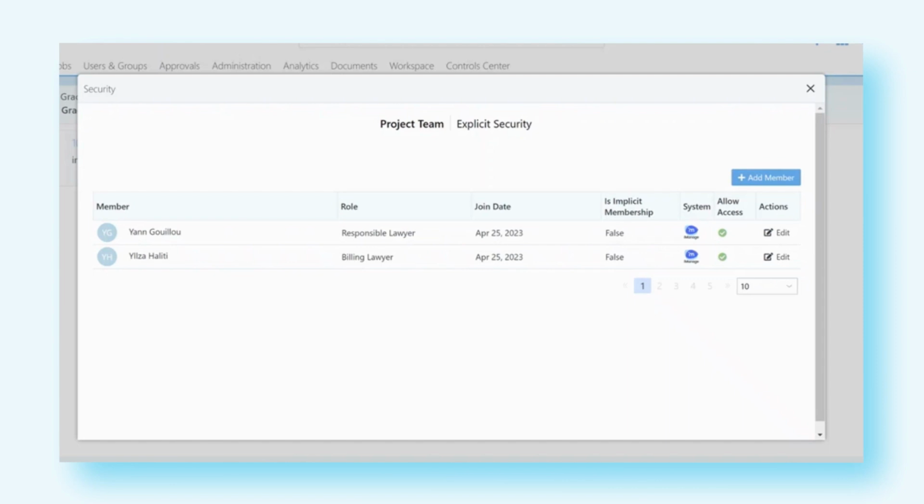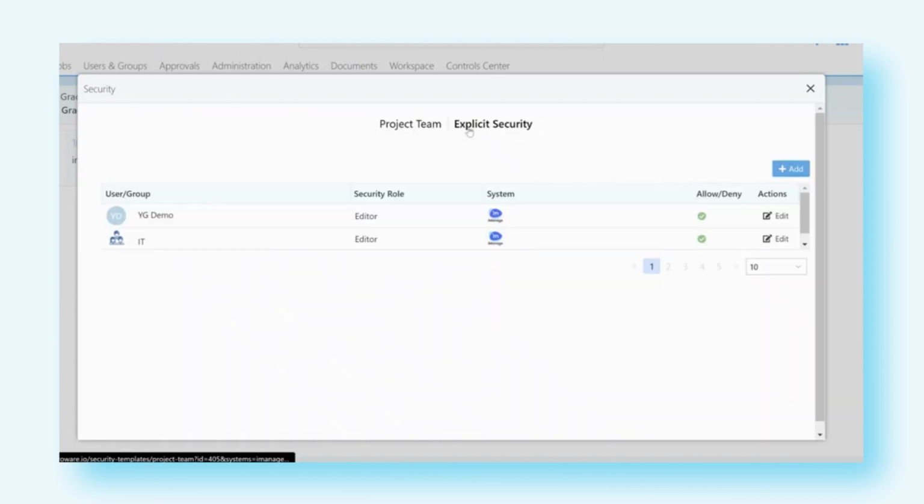And even if you need to give access to a person in the firm that is not specifically and actively working on this matter, but you want their input, then you can simply give them explicit access or explicit security here. And then let's say they will have editor rights for a specific amount of time. So with project teams, we will give you the option to take control and make changes matter by matter, so